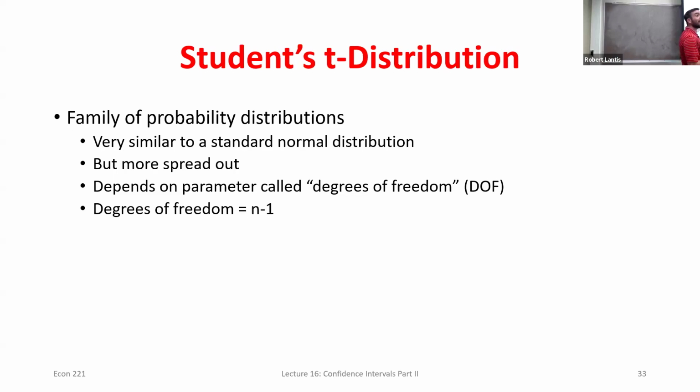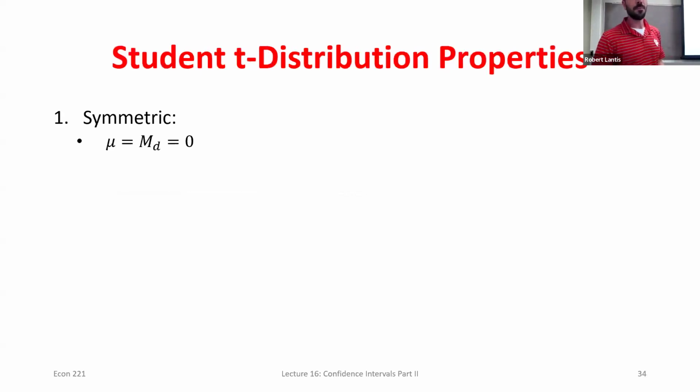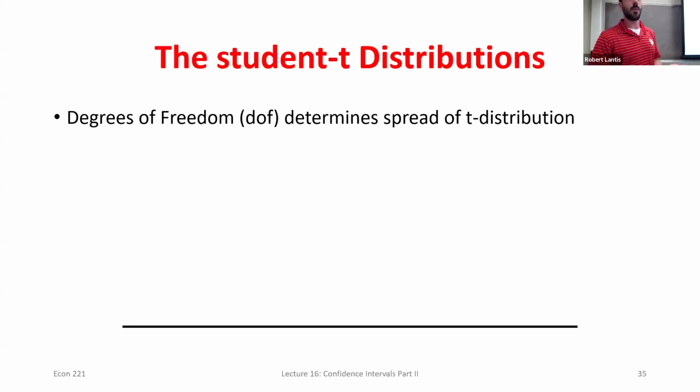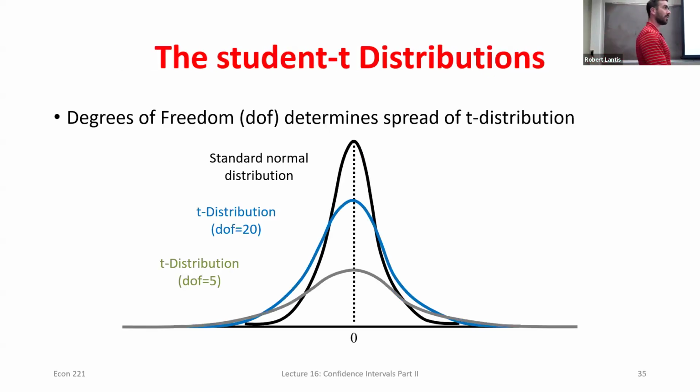But right now, it's easy. It's just n minus 1, right? So n minus 1 is our degrees of freedom. That I already mentioned, they're symmetric. It's a little bit more spread out. I'll come back to point 3 here in a second because I want to give you this nice visual first,